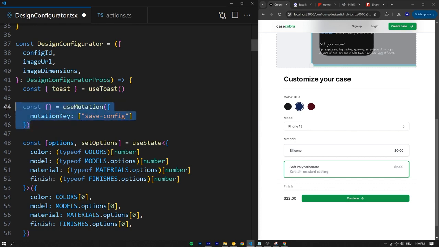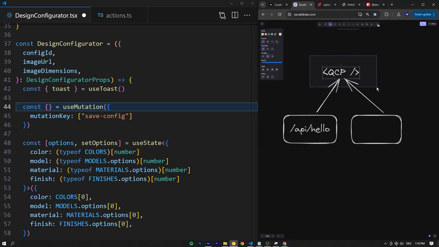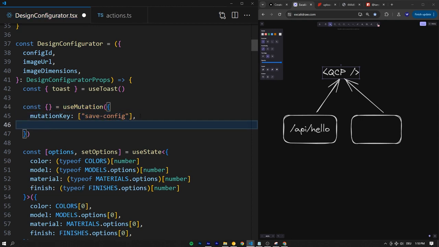The data we get from this is not something we're gonna take advantage of. We don't need that right now. But if you wanted to say that the cache should be invalidated, that's what we do with the mutation key or the query key. If we had a useQuery, which is used for get requests, that's what the key is for. In our case, this is any arbitrary string. We're not going to use that part of React Query because we don't need to, but React Query allows you to do that, and that is beautiful. And as for the mutation